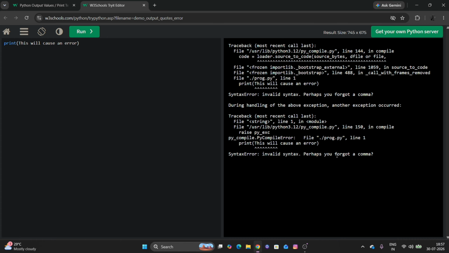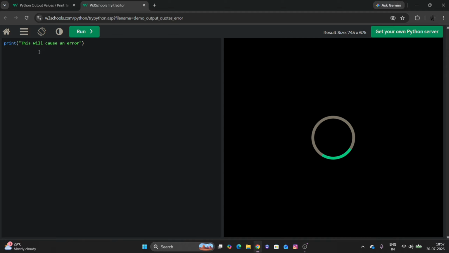So it also tells us perhaps you forgot a comma. Now it will print, this will cause an error. See,